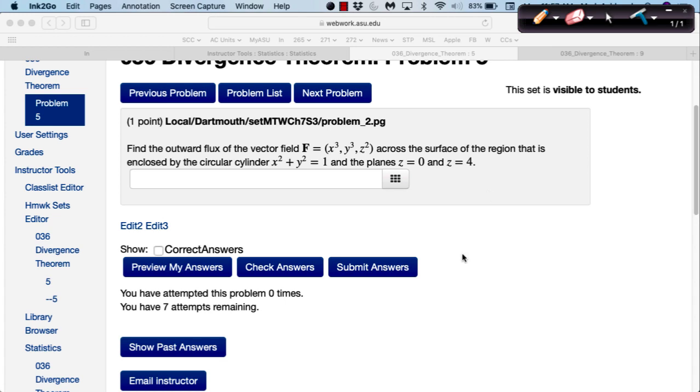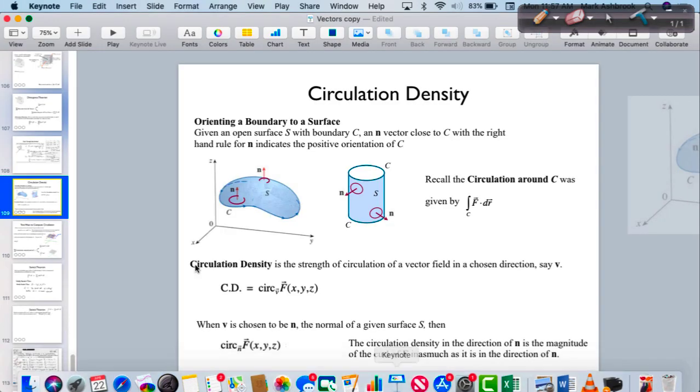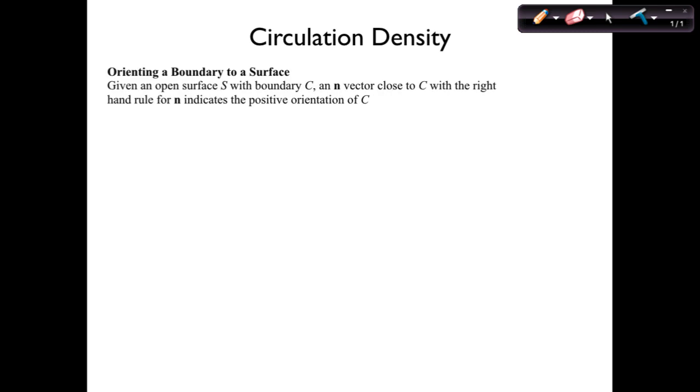Okay, so let's do the next thing. We talked about flux density, and now we're talking about circulation density. Before we do that, let's talk about orienting a boundary to a surface. We talked about orienting surfaces, and we talked about orienting curves. So what about bringing those together? If we have an open surface S with a boundary C,